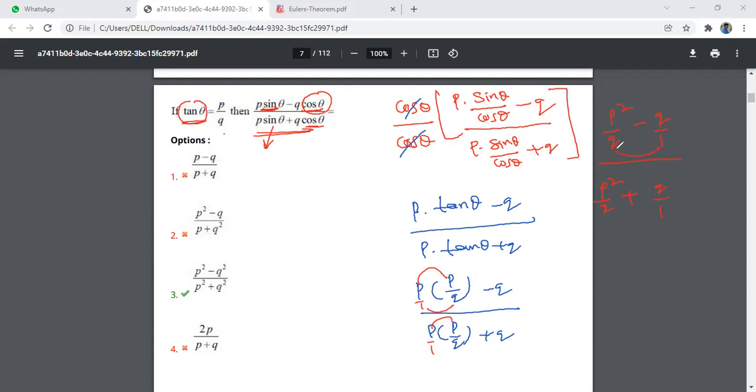Now if you do the LCM for these two, we'll get q. So LCM is q, which means I have to write q by q. So p square minus q square by q. In the denominator part also the LCM is q, so here also we want q. That's why I'm multiplying and dividing. Simple only. P square plus q square by q. This q will get cancelled. The answer is p square minus q square by p square plus q square. Simple. Okay. Next question.